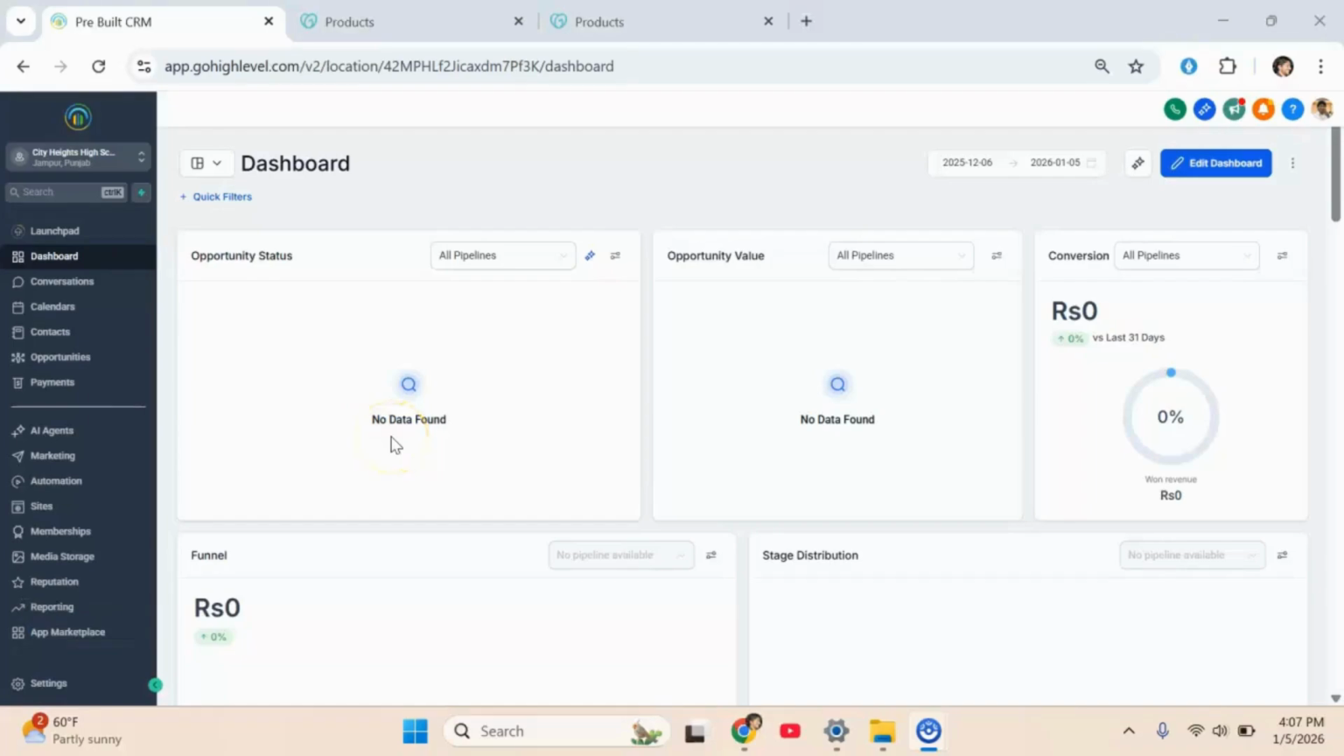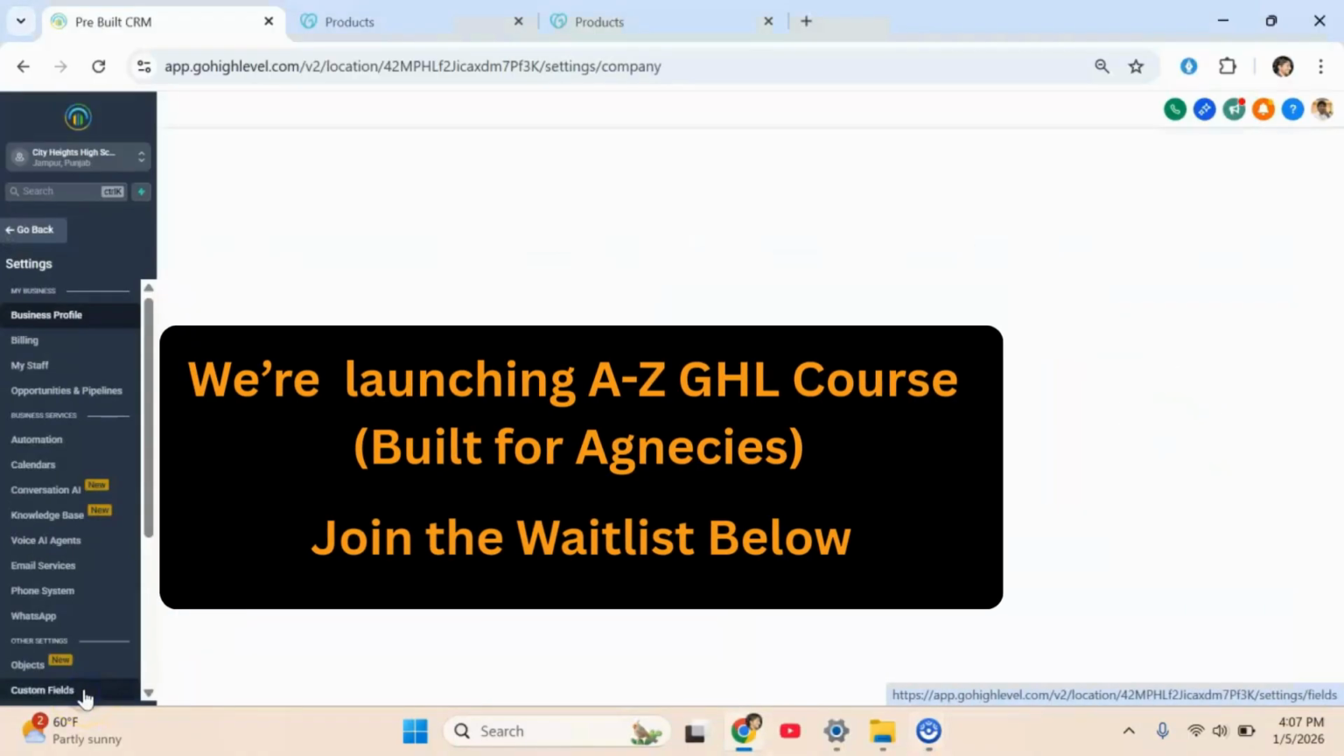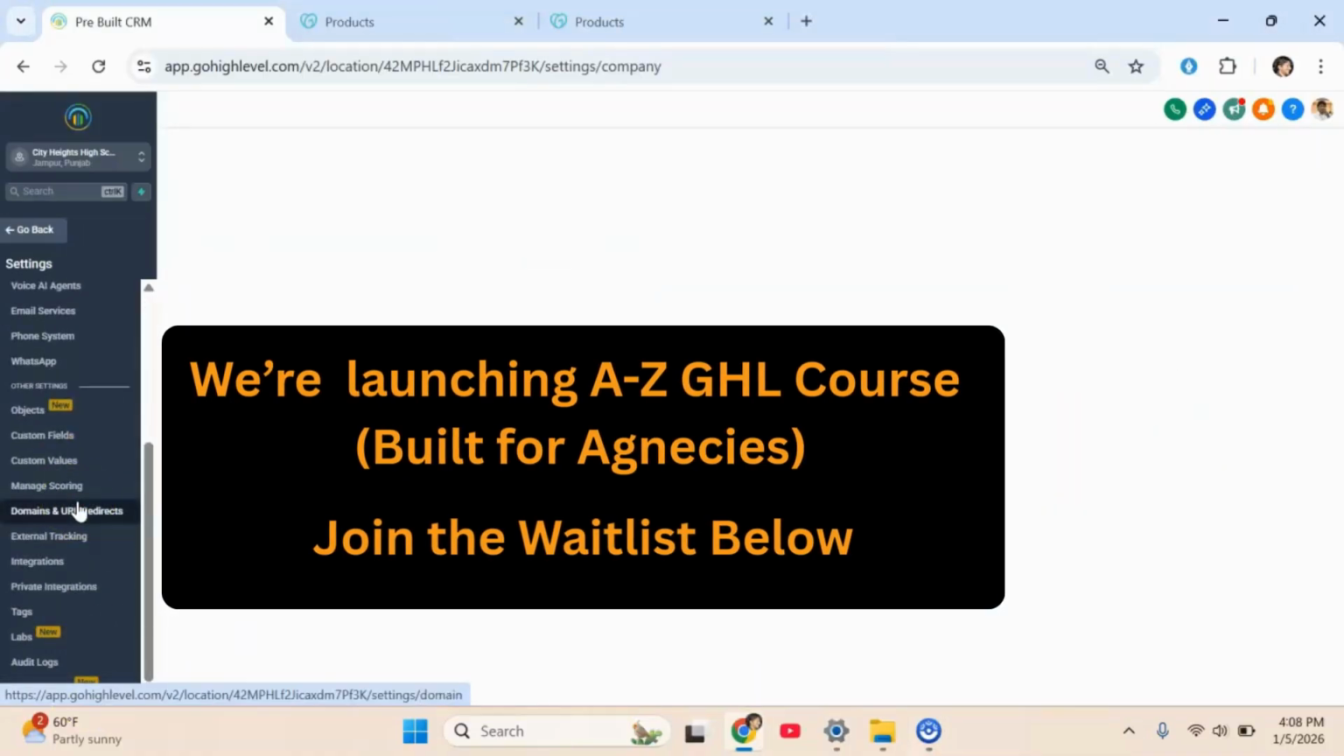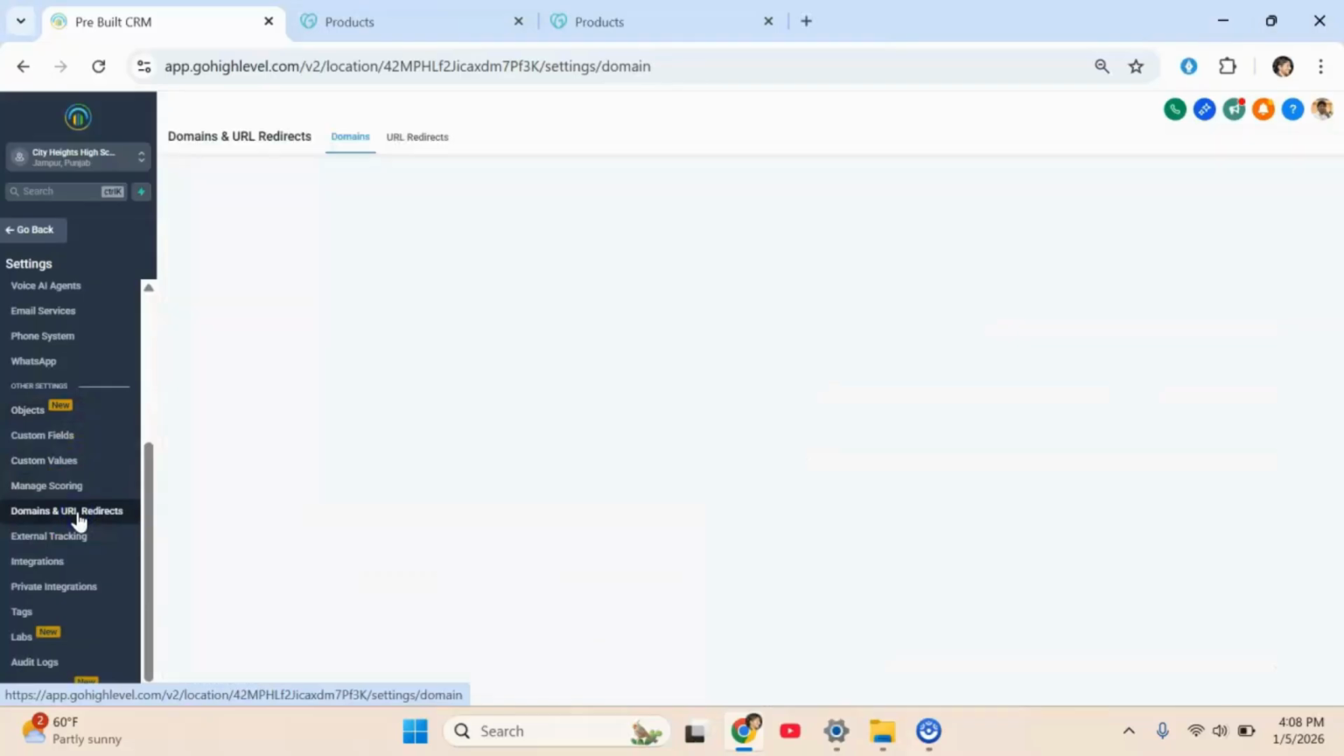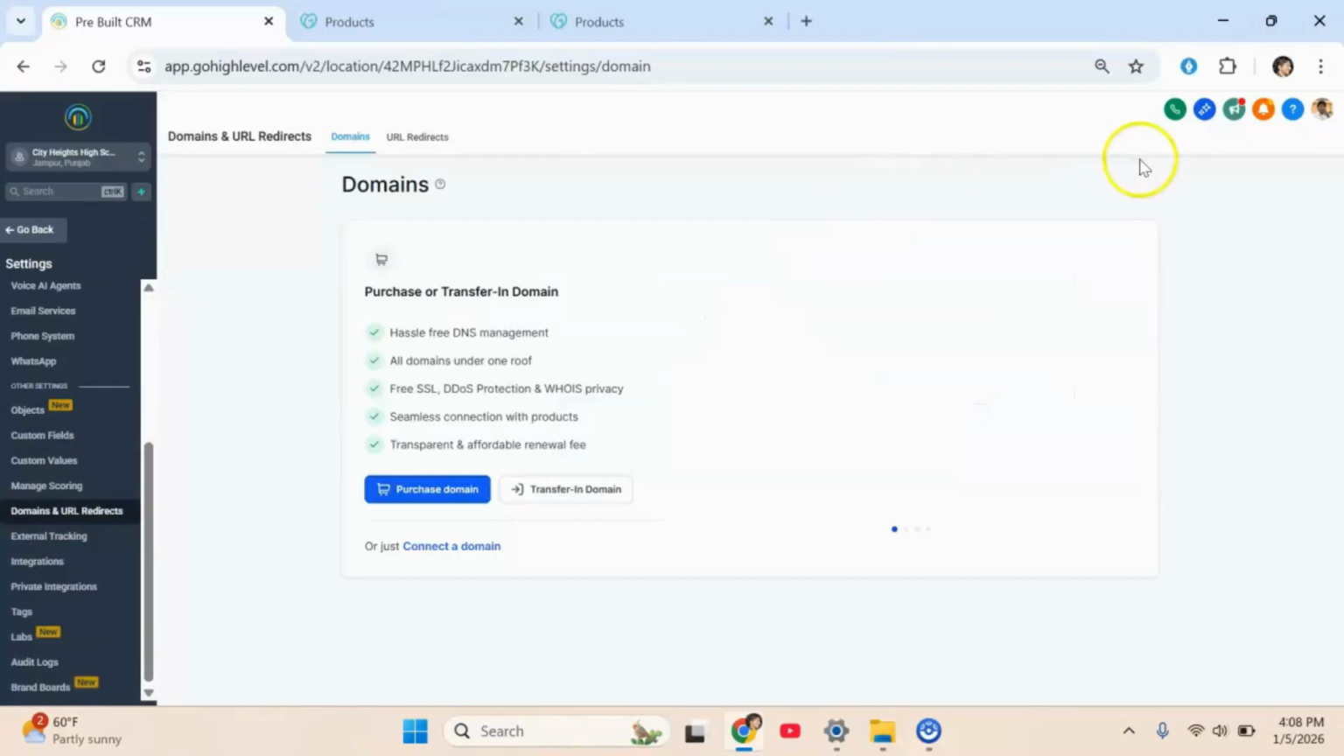So in this video, we will actually be connecting our domain to our GoHighLevel account. For that purpose, go to settings, and then here you can find domain and URL redirects. Once you are in here, enter your domain,